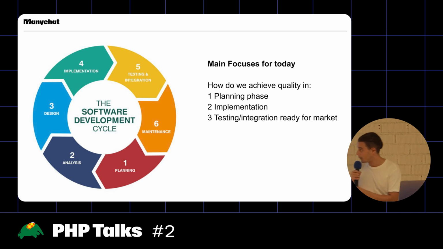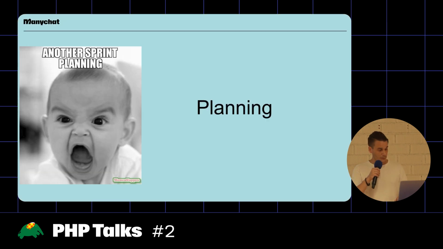For today, I will talk a bit more about our quality approaches. If I situate this in the software development lifecycle, it shows the 6 phases until we get to a shippable software product that's ready for the market. We will focus on 3 phases, actually. We'll be looking at the planning phase and how we achieve quality. We will look at actual implementation, and then we will also be talking about our approach to testing, team testing, and integration before we finally can ship the product to the market.